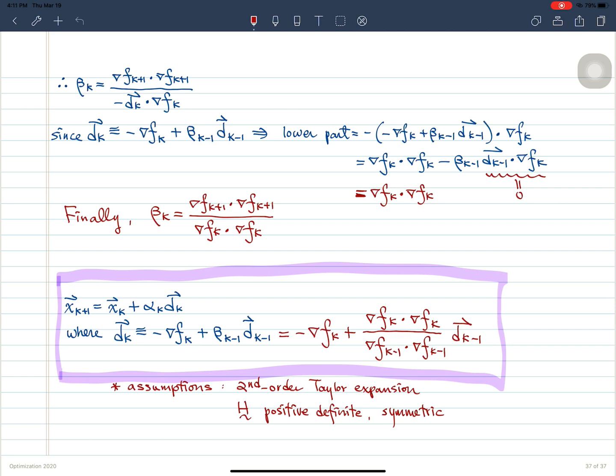And many of the derivations rely on the concept of Hessian orthogonal or Q orthogonal. So many of the terms could become zero at the end. Okay. And I believe you won't be able to know how to do it